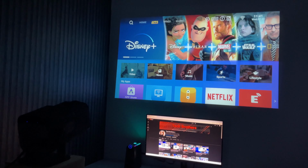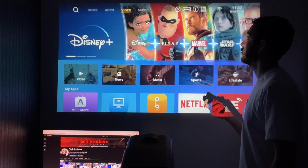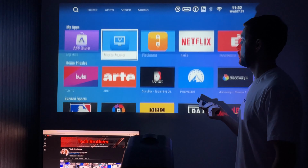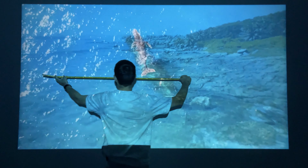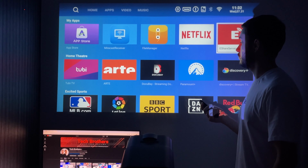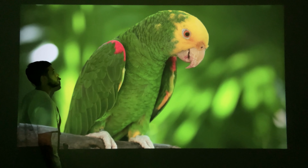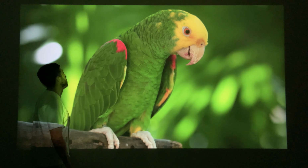The projection screen size ranges from 30 to 150 inches. This is about 40 inches at a distance of 2 meters. And then I put the projector 3.5 meters away from the wall, and it is about a 120 inch screen. You should understand that the image quality is better on a small screen. However, I think you are more interested in watching the video on a big screen, so I will continue on